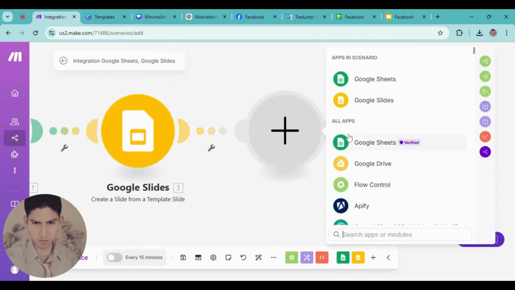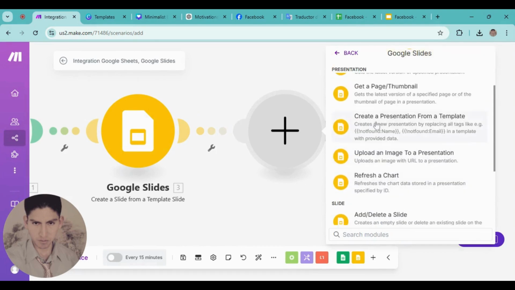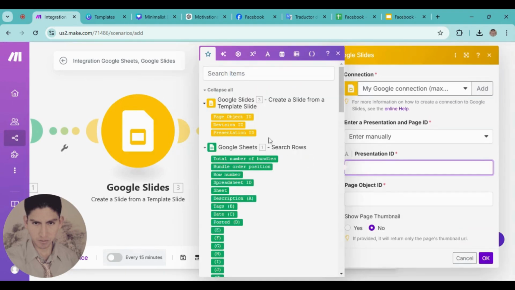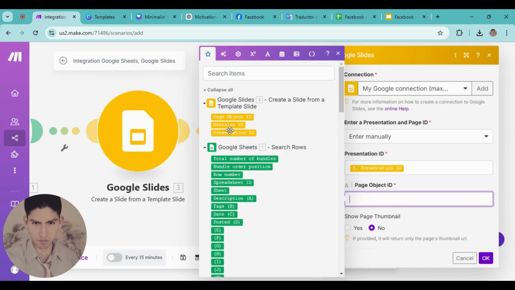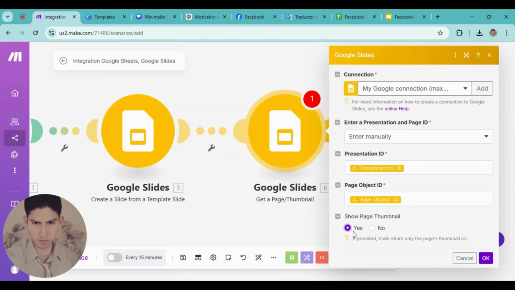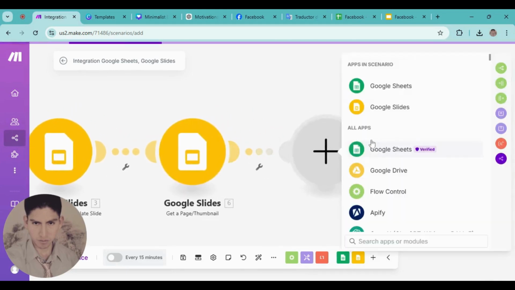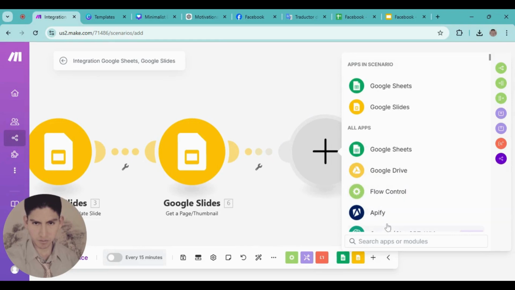And here we're gonna add a new module. This is get a page thumbnail. And here we're gonna select automatically the presentation ID and here the page ID. Select yes. Here, okay. Now we need to add